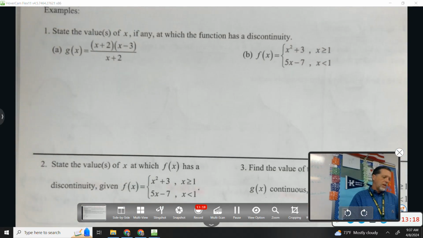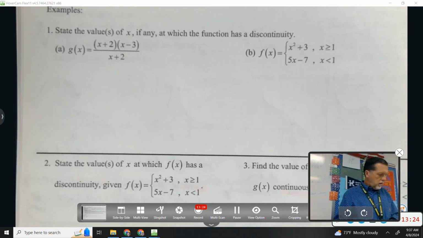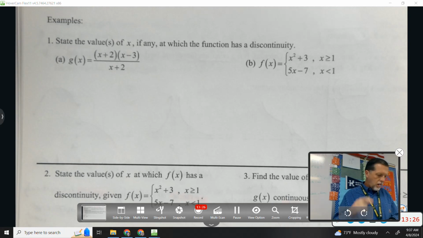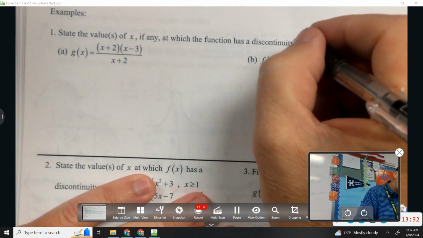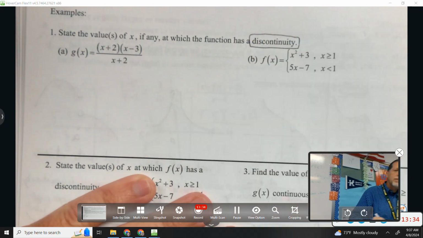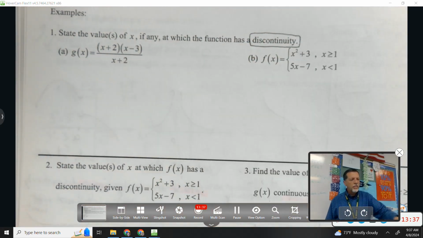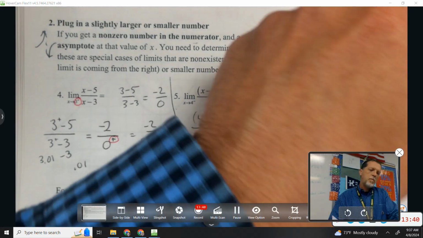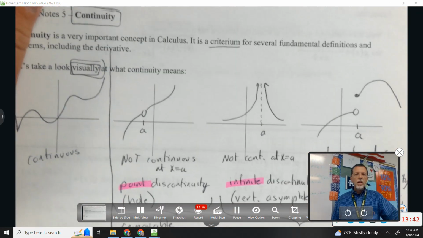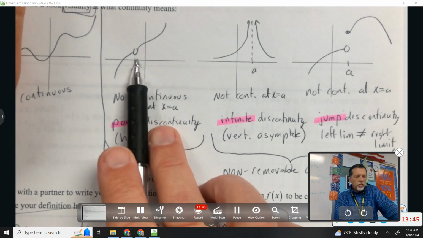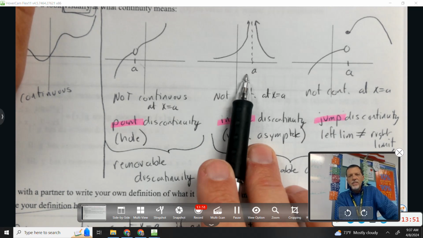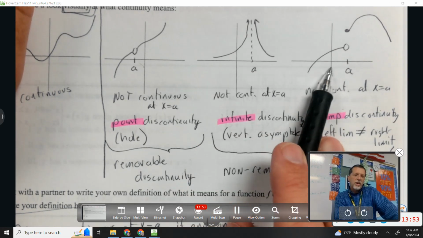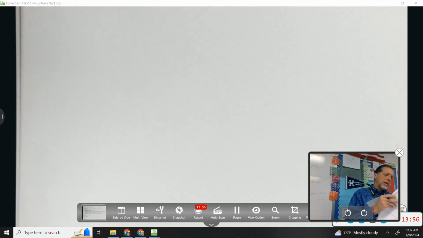Okay, let's do some examples. Get to the problems here. State the values, if any, at which the function has a discontinuity. Okay, let's go back to that picture again. A hole is when factors of the top and bottom cancel. An asymptote is a factor of the bottom that doesn't cancel. And then a jump, that's usually piecewise. So keeping that in mind,